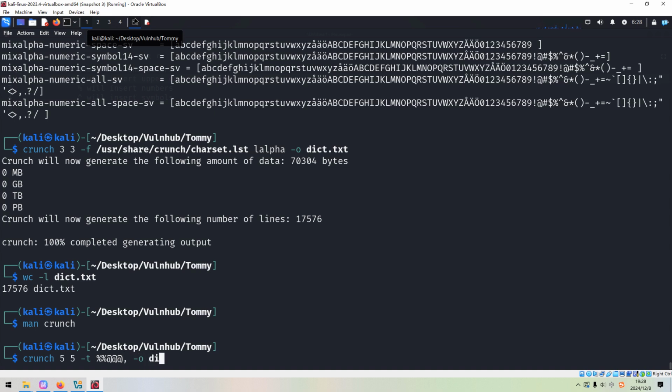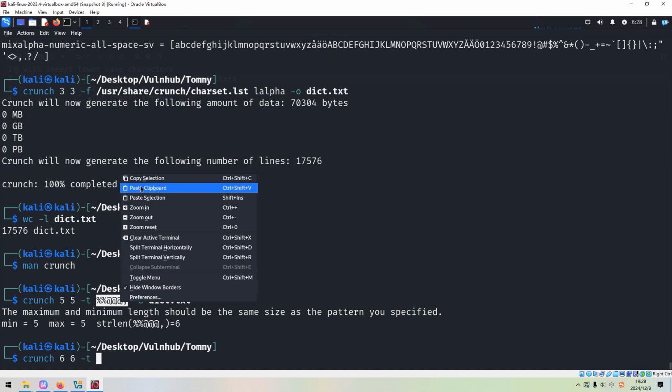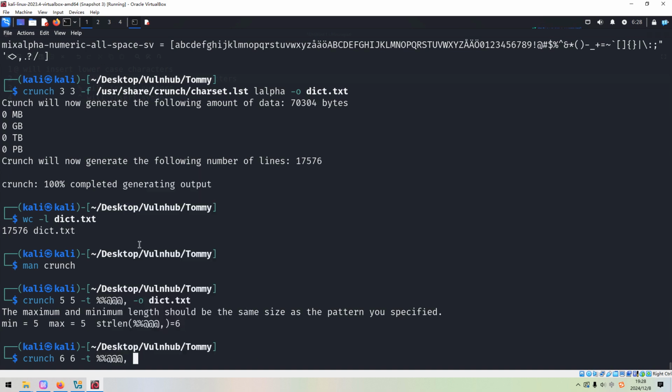We can also output to the same file name. Oh, sorry, there are 1 2 3 4 5 6, so I think my options are not compatible. Crunch 6 6, and we can copy the option. Okay.